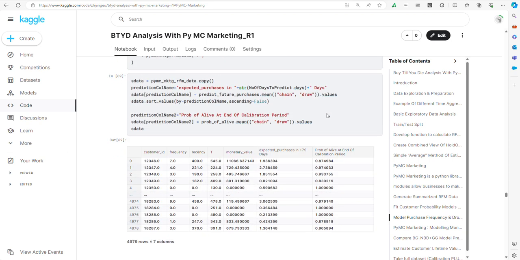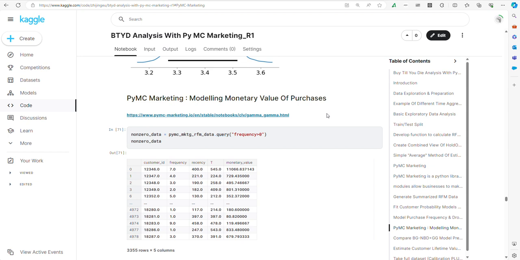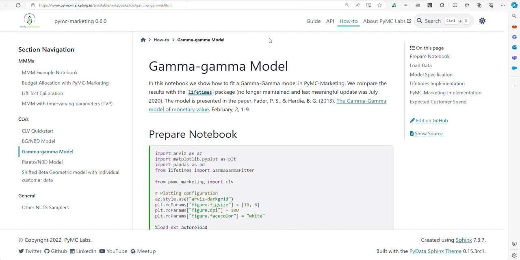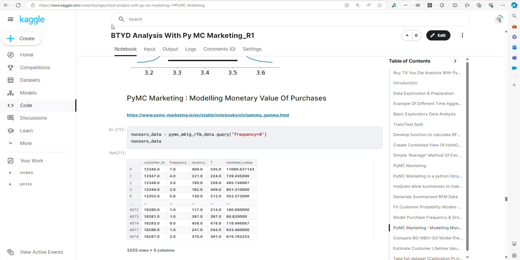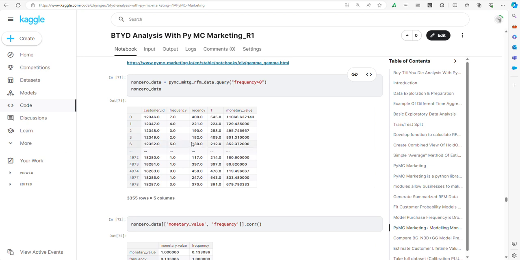Now this is all fine and good, but what we want to do is actually also pull it all together with the monetary portion, and this part is modeled very closely against the quick start in the PyMC Marketing documentation for the gamma model, that model's monetary value. And what we're going to do is, one of the gotchas is that you can't use your whole data set. Again, they don't really make this very clear in documentation, but you need to filter out the ones that have more than one purchase, because